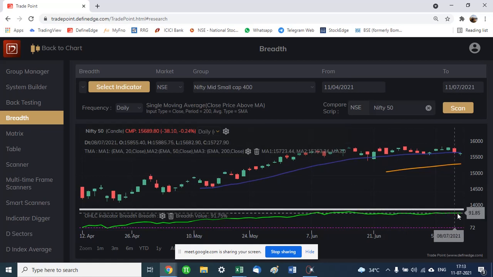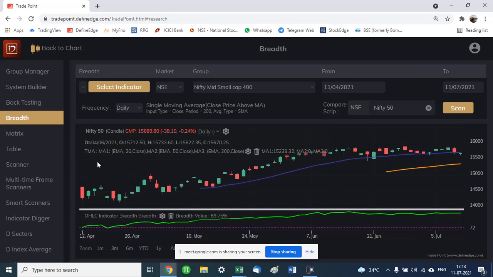Okay. You see here, 92% of stocks in the Nifty Midcap and Smallcap 400 are right now trading above their 200-day moving average. And you can run these scans for a number of years also. Right now, we have run it for a small duration to keep the time frame small, otherwise the scan will take a long time to run. You can run it over the last 10 years to compare what happened in the previous bull market and where we are now. All those kinds of analysis you can do. This is one way you can look at breadth.